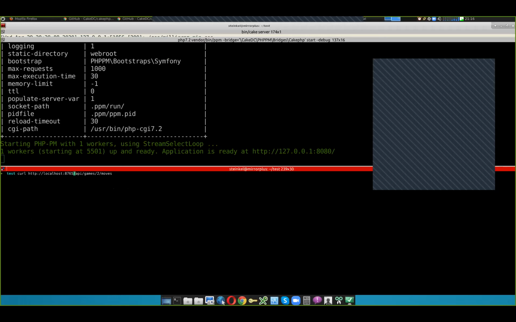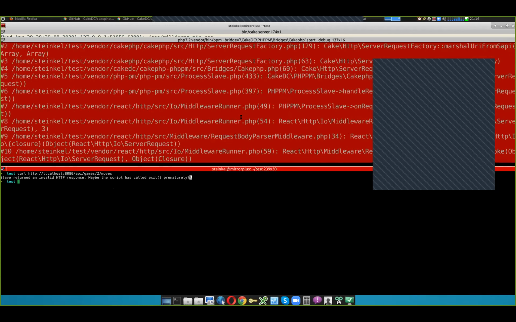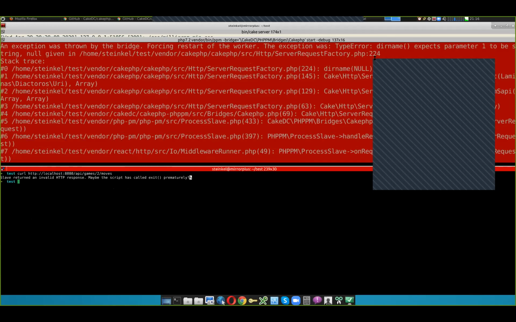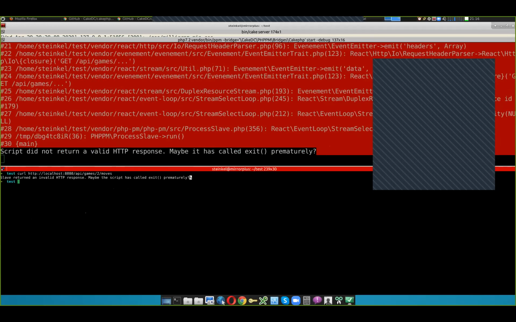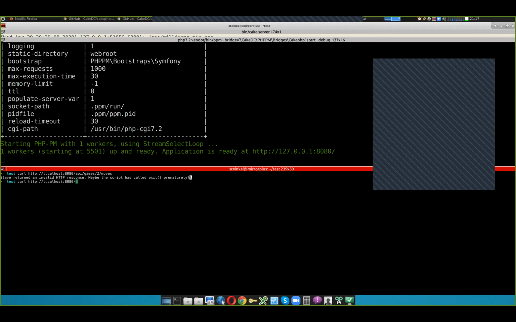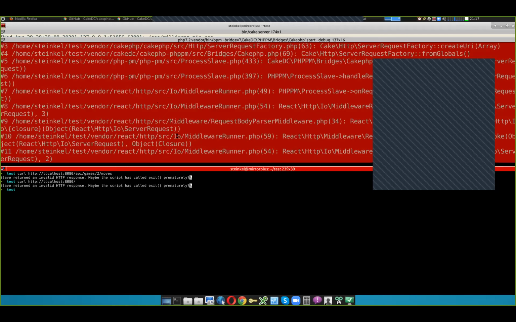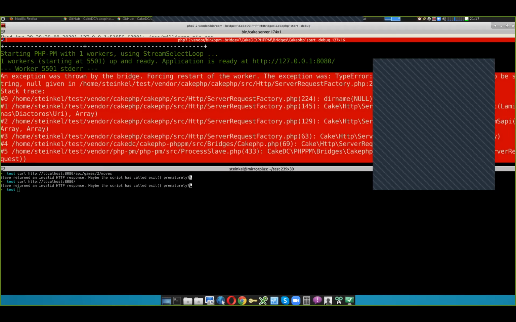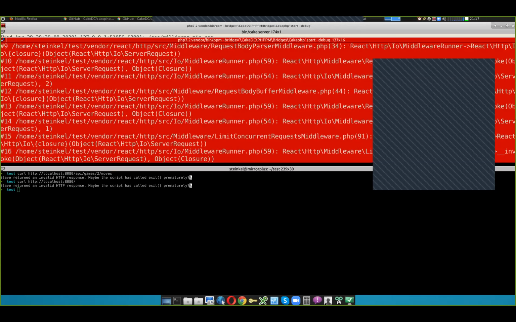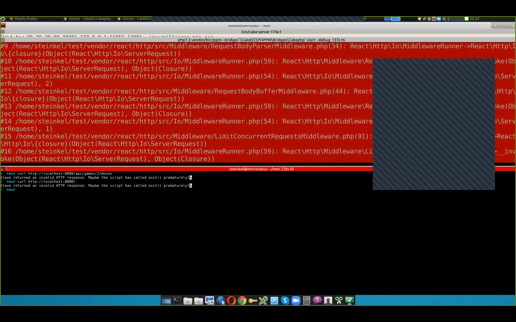It's now serving in 8080. So, well, it is exploding because if you run it this way, you need to also remember that you need to set up your full base application. But what I wanted to show you is you actually don't need to go through the API. If you run the server again and get it, you will be able to basically serve PHP through PHP-PM. And this is going to be super fast,